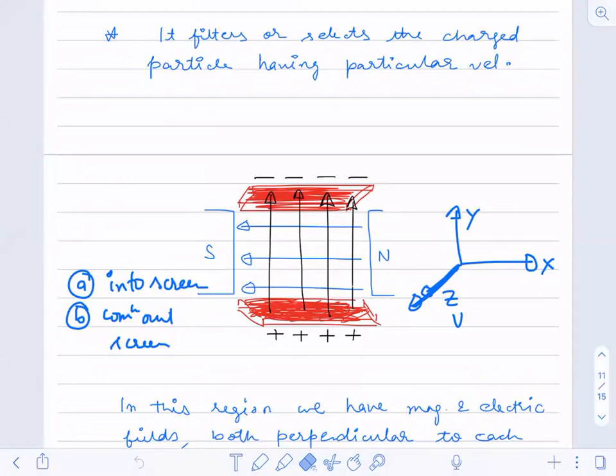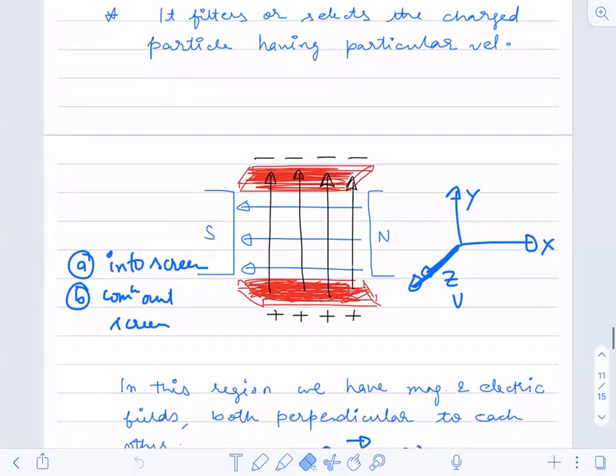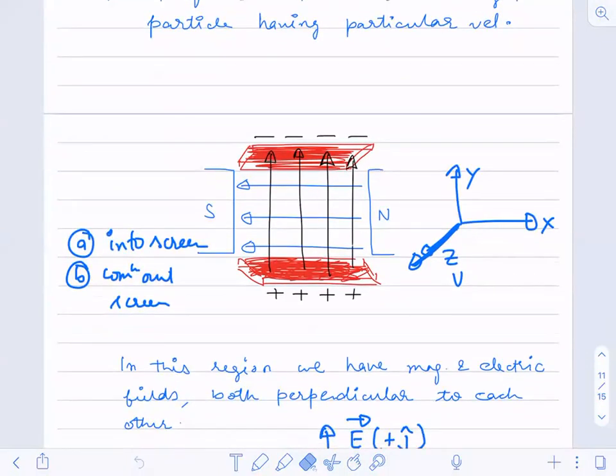Fine. Now, after this, we have assumed the direction of the velocity vector. What we are doing is projecting a charged particle, and it is in the direction of plus k. So now if you have this velocity vector, which is coming from the screen towards you, that is the k direction, that is the plus z direction. The particle is coming from the screen towards you. Okay, that is the plus k direction.